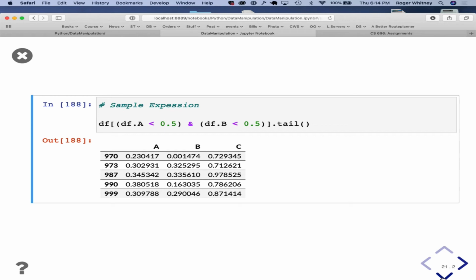The way to remember this, to understand how it works, is when we say data frame A less than 0.5, we're getting Boolean values, true or false everywhere, and then we're adding them together, and then you're just indexing, just getting the true values.